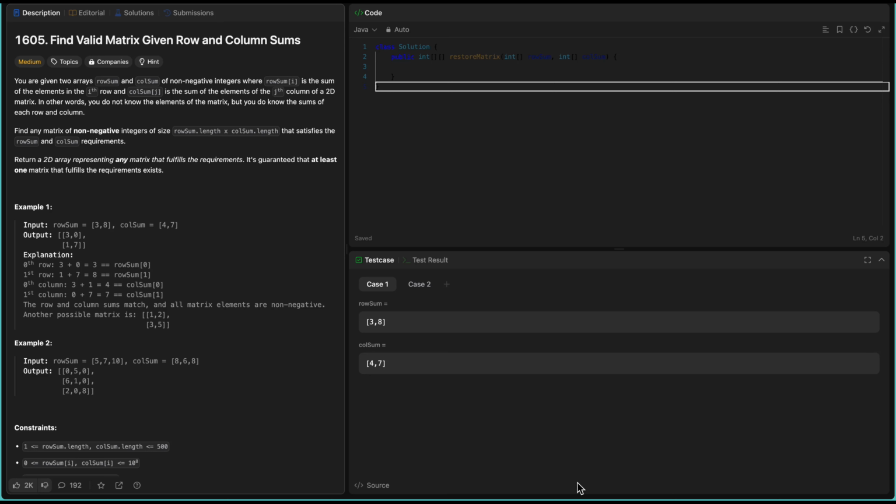Hello everyone, let's talk about another medium problem on Leetcode today. Find valid matrix given row and column sums. Leetcode 1605. In this problem, we are given two arrays, row sum and column sum, of non-negative integers, where row